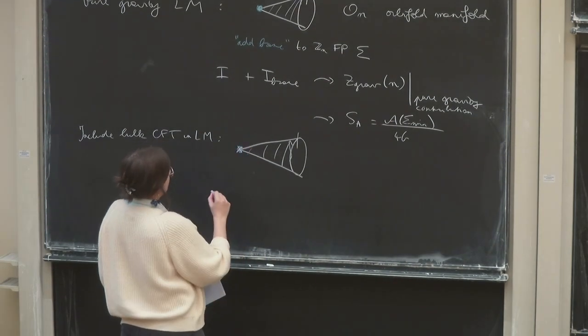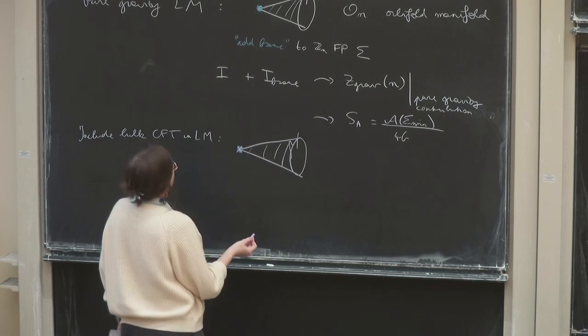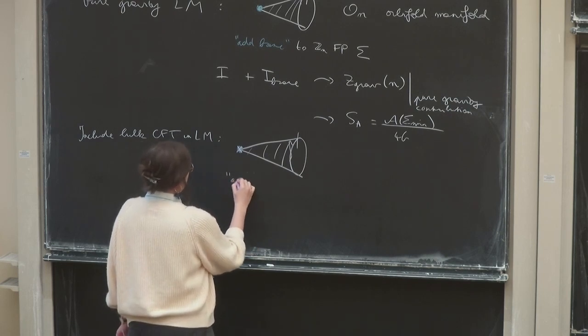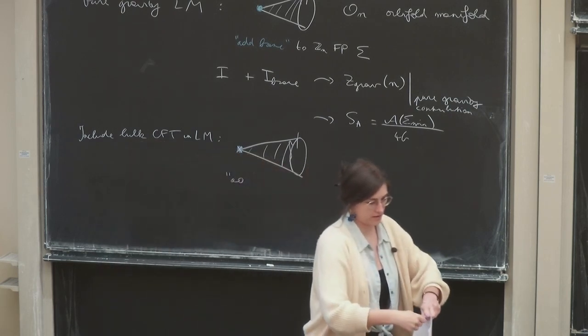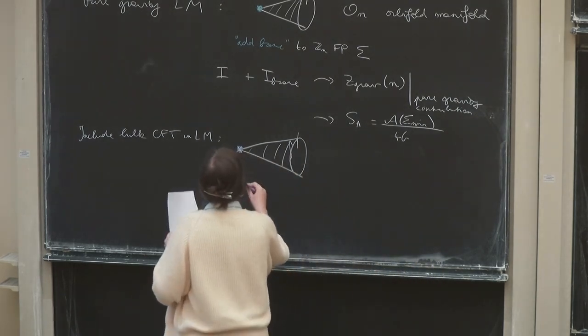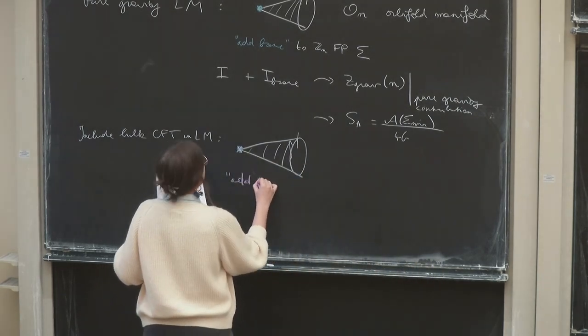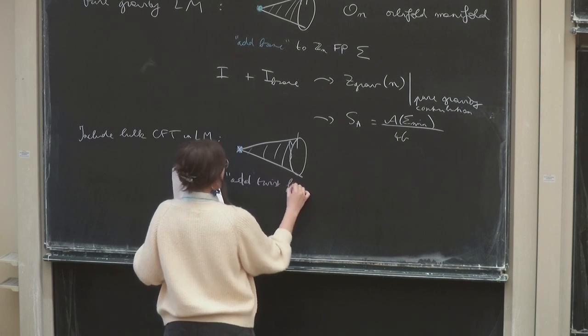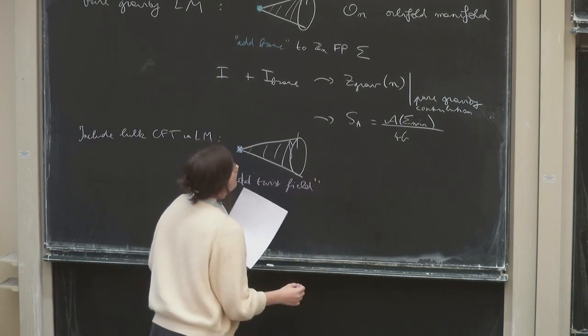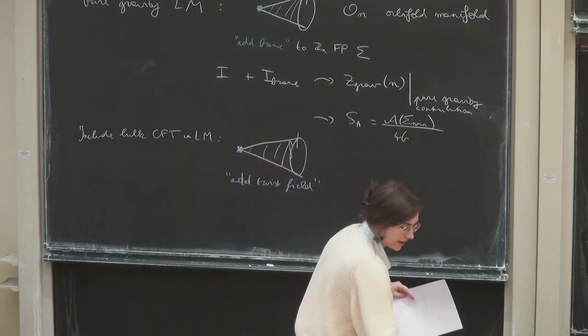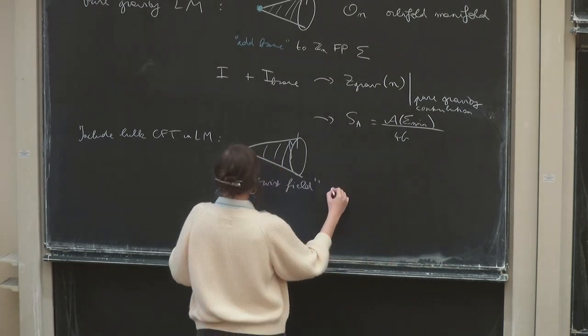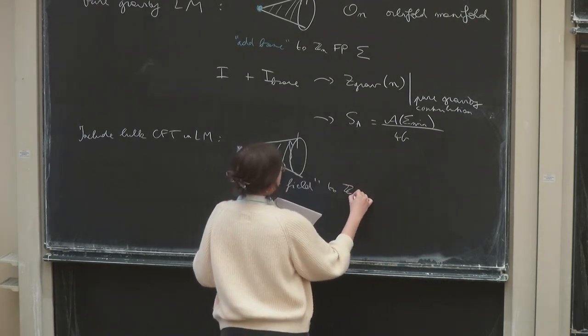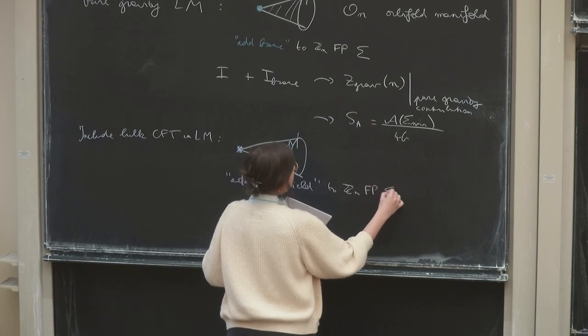Will this work? This is a twist field. That we had to add, again, to the same location, the Zn fixed point sigma,